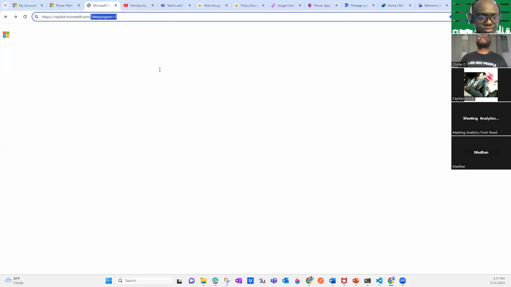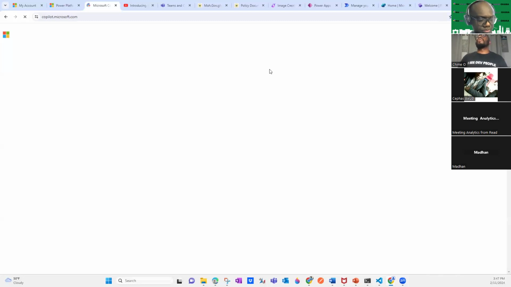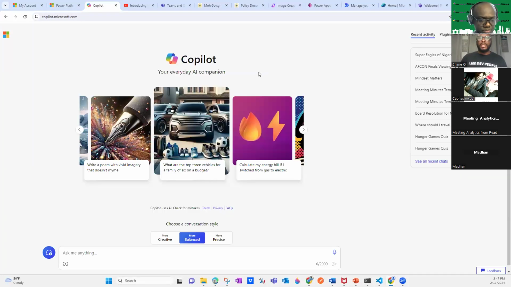Very nice. So now we have your Copilot in your web browsers. Formerly it was called Copilot Bing, I think, when it first came out. And now we have that within Edge. We have that on Google Chrome as well. So your everyday Copilot and your everyday AI companion is also in your browsers now, for free.